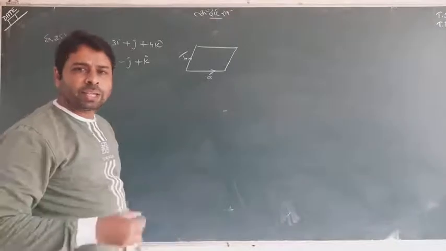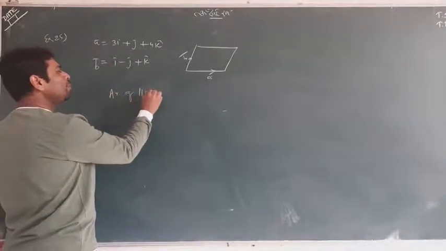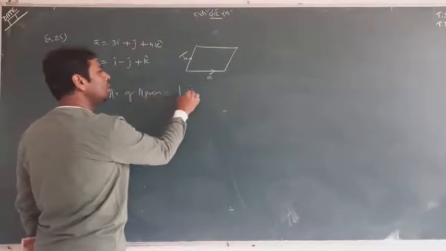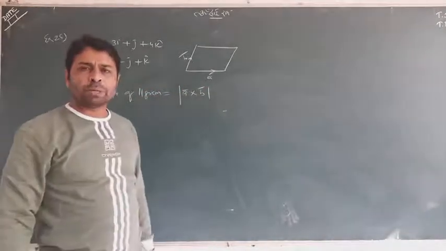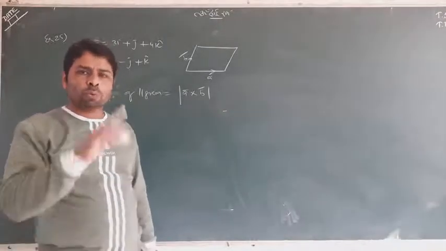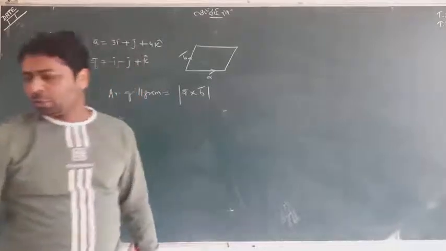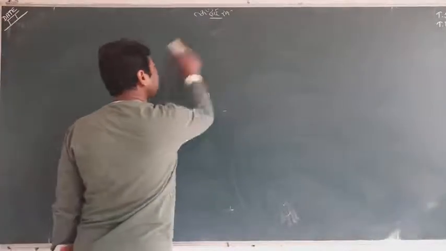I don't think that I need to tell you again and again. You know that the area of a parallelogram is none other than the magnitude of A cross B. So again and again the same method. I don't want to explain because you know how to find A cross B, and after finding A cross B you only take its mod and get the answer. So this is very simple. Now we have reached the exercise